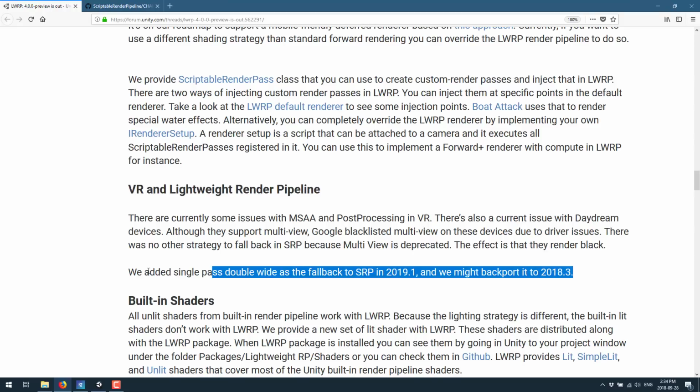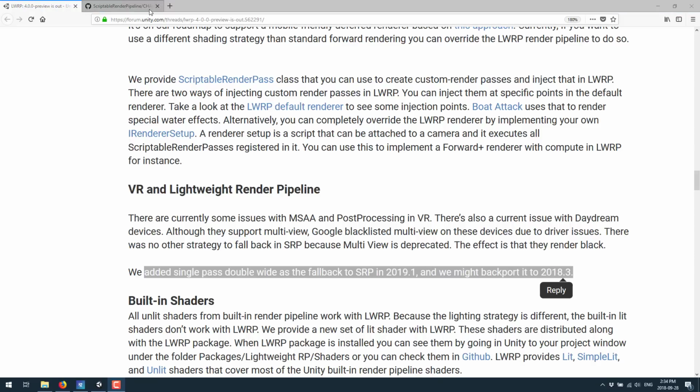And you'll see we added a single double pass wide as the fallback to standard render pipeline in 2019.1 and may backport it to this 2018.3 release. Interesting to see what happens there. So, if you are interested in the